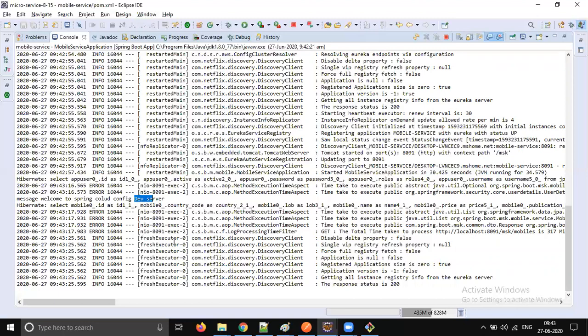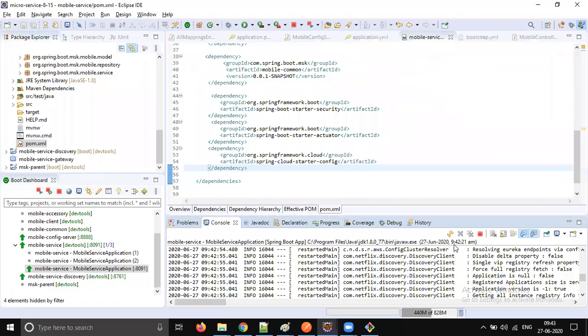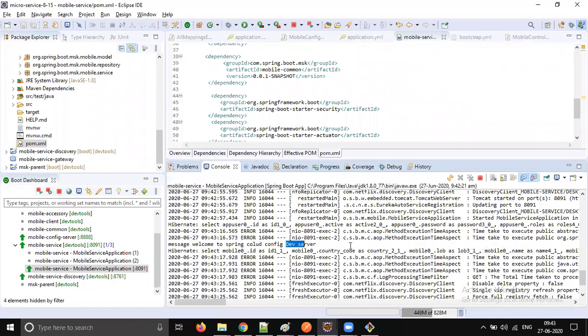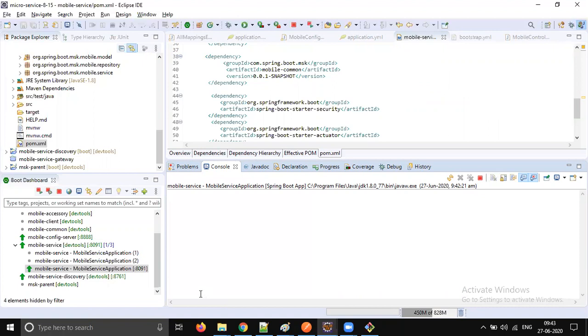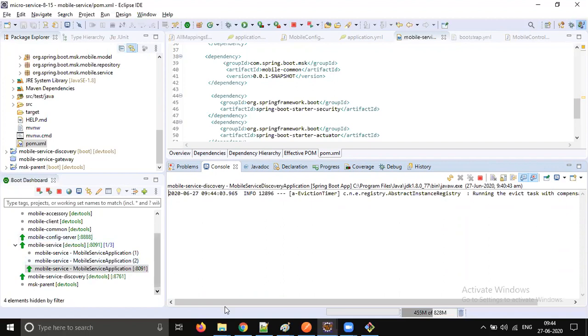So tomorrow when you would like to connect it to a dev DB or something else, nothing needs to be hard coded. And one benefit is, right now we are restarting the server to reflect the changes, but I will show you how we can fix that issue. There is one endpoint mapping we have in the actuator to refresh on the fly, these cloud config changes.